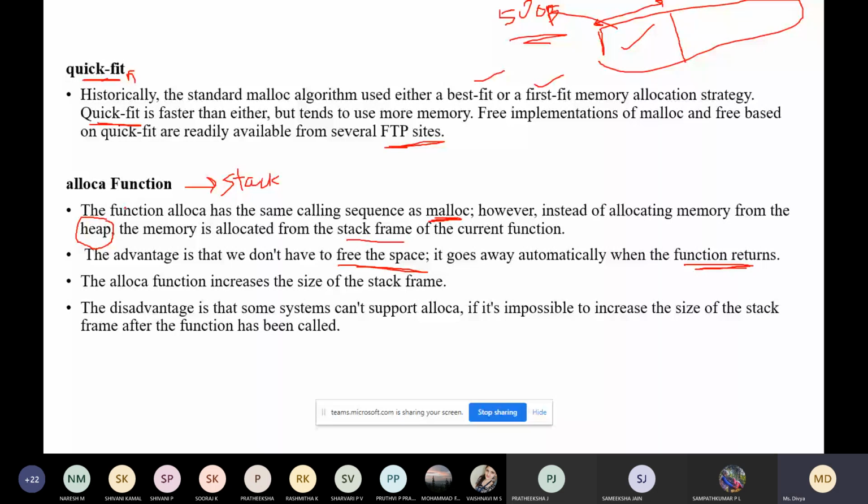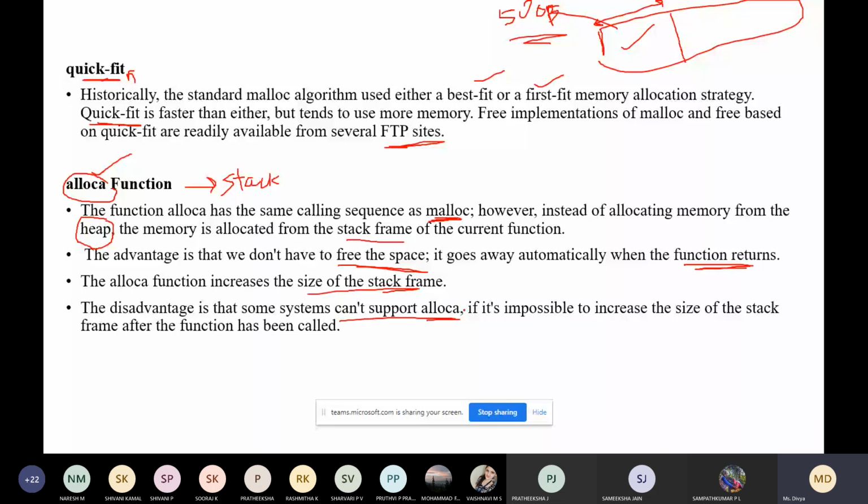It increases the size of the stack frame. What is the disadvantage of allocating the space in the stack? Some systems cannot support the alloca function. This is very important. Unix systems and others will support this function, but some systems will not.